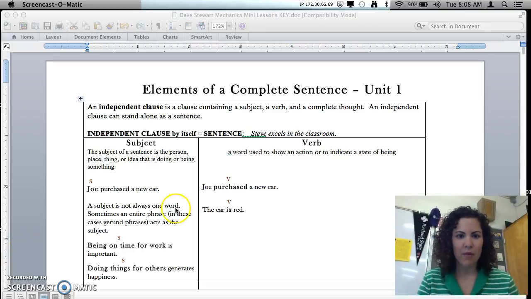All right, guys, we're going to talk about elements of the complete sentence. It's super basic, I understand, but you need to know this part before we build on this later on. So here it has up at the top a lot of the language that we'll use when we're talking